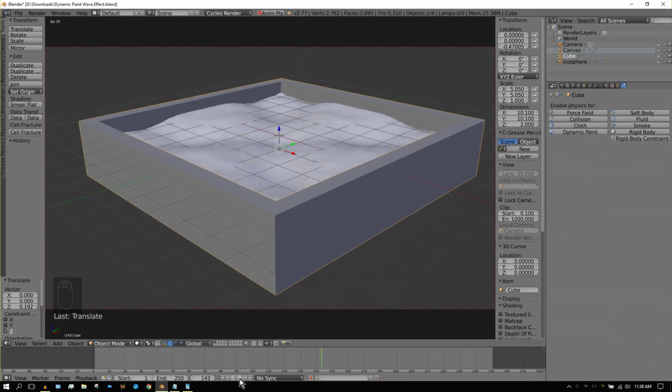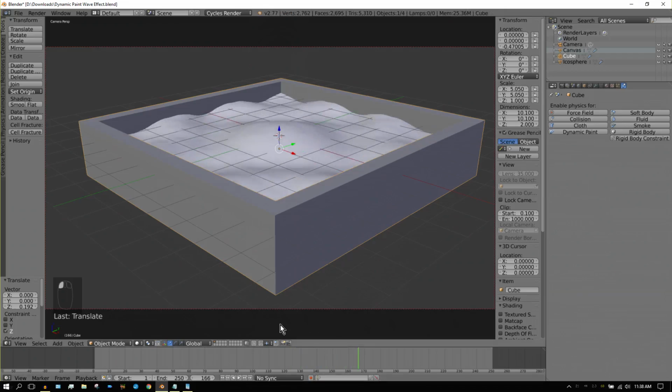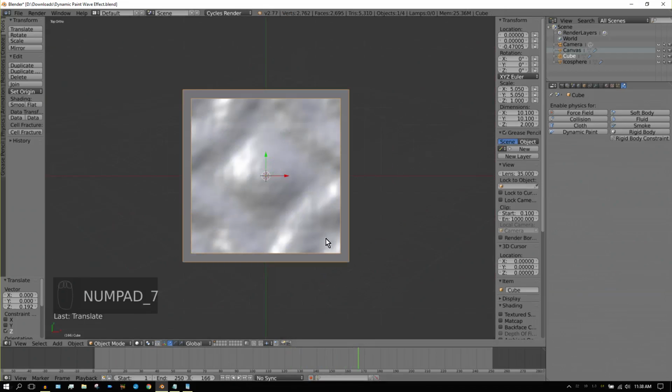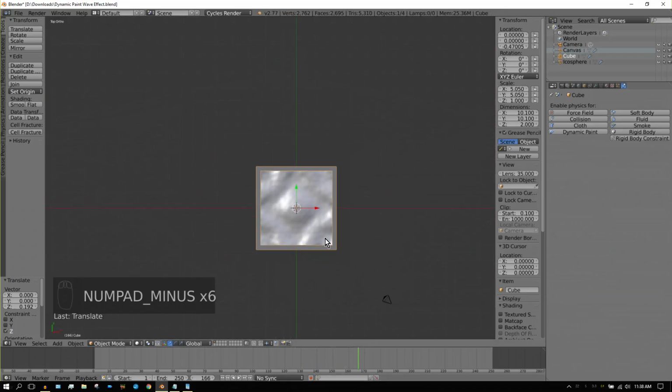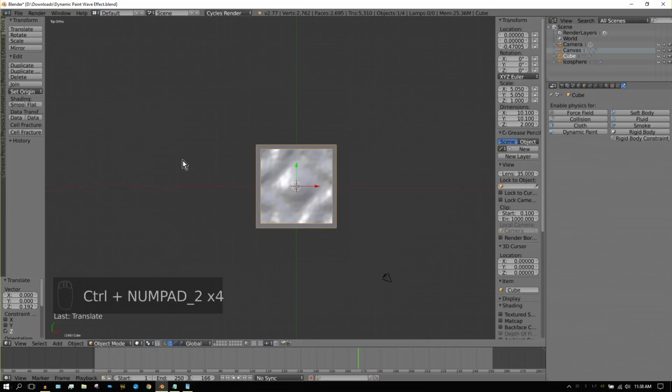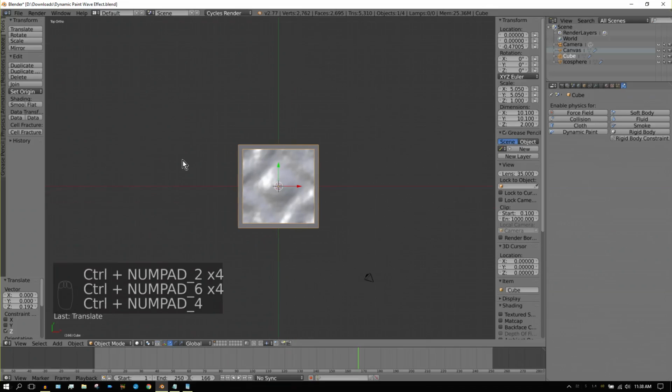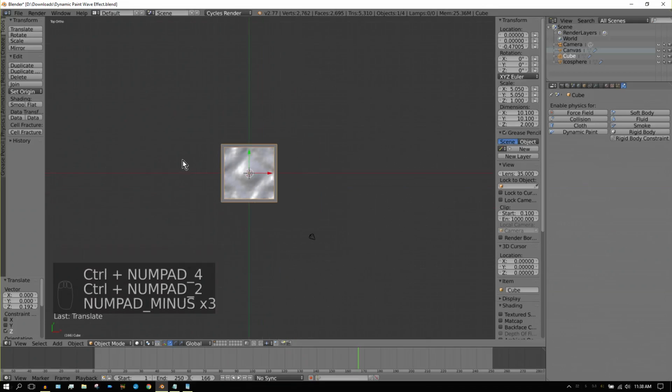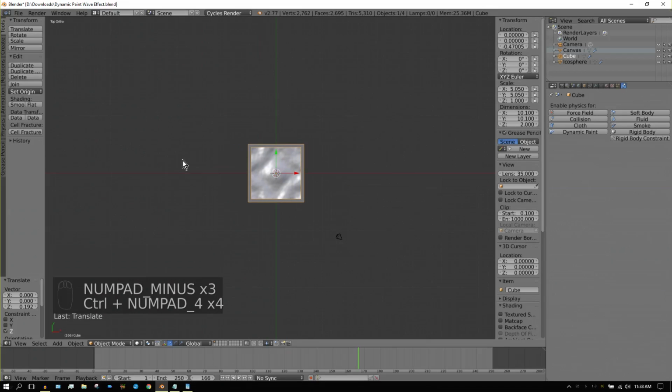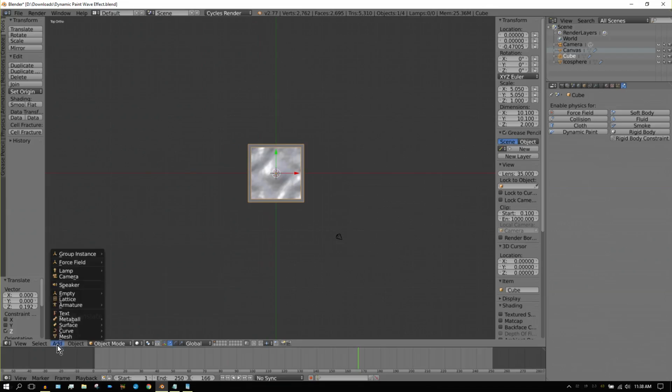There you go. That looks a lot better, don't it? Now, I'm going to go ahead and press 7 to go to topside view. Zoom out a little bit. I'm going to add some lighting. Instead of just using environment lighting, let's just add a sun. Add lamp, sun,